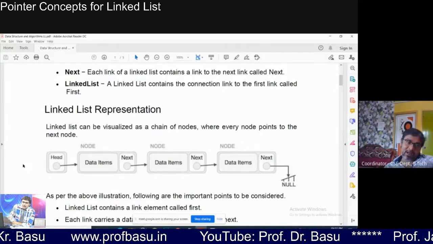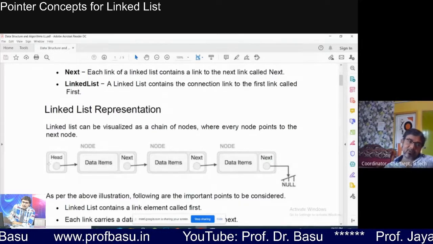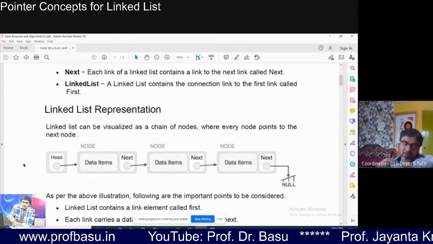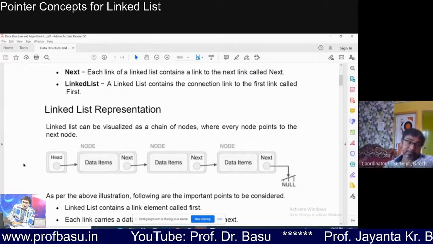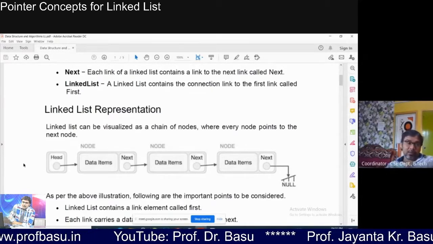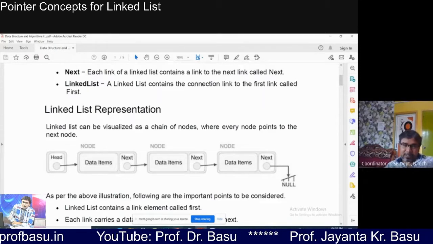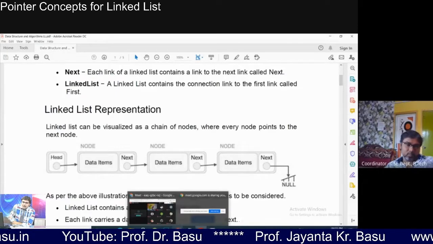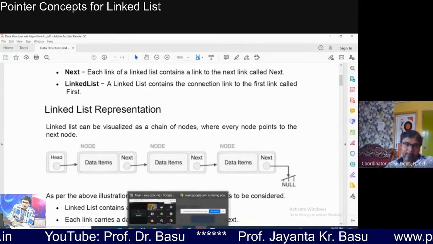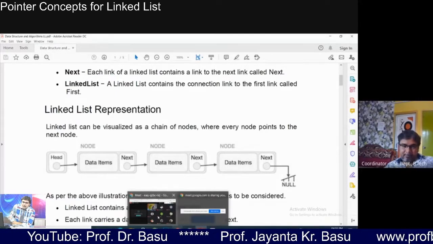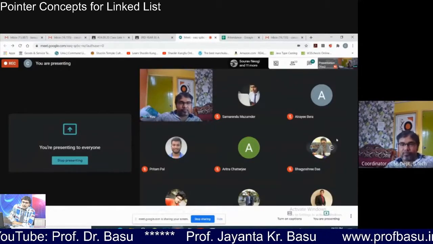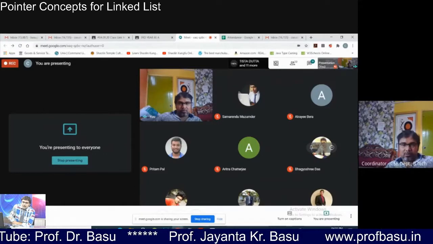Now if r contains the address of this root, what type of variable will r be, do you think? Could anybody answer? Maybe wrong, but at least you should try.